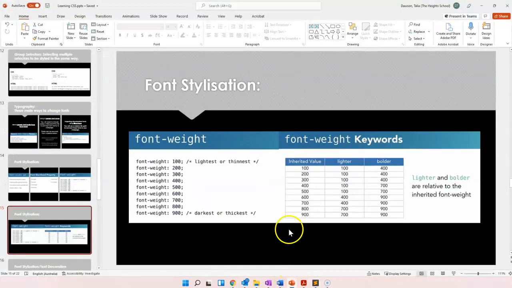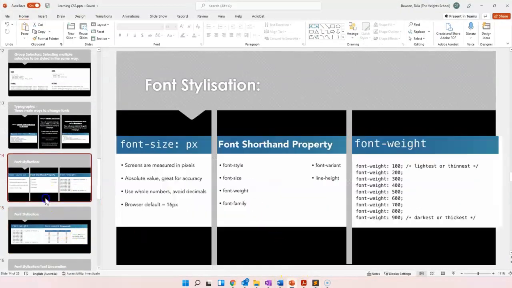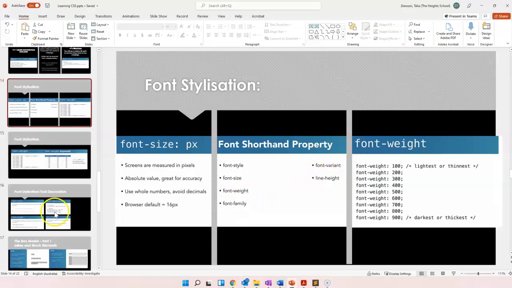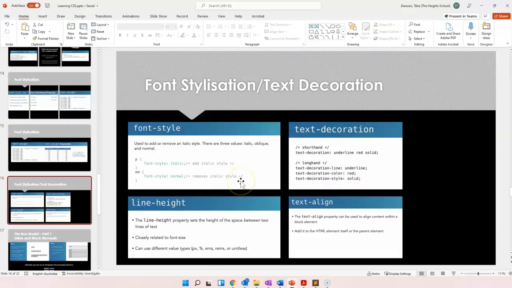If I had more time, I would also be playing around with that. Again, we can also play around with our font style. So we could add in an italic or we could add in a bold as our value. We can add in font variance. We can add in line height. Let's talk about line height for a second. I'm pretty sure that is down here. Okay, so